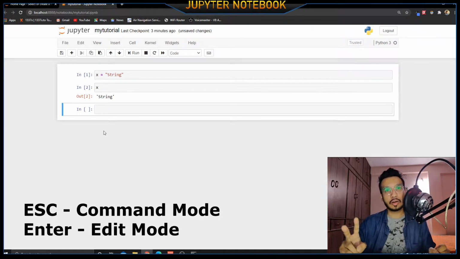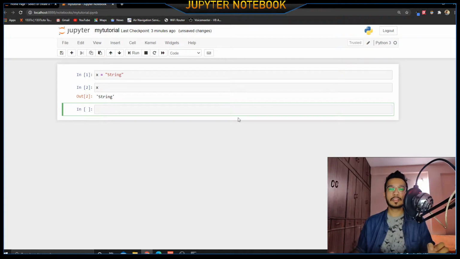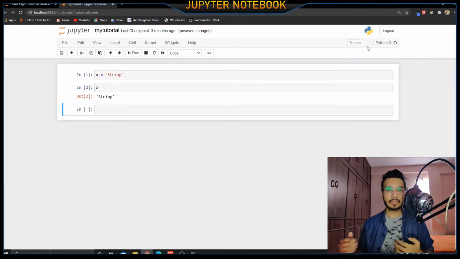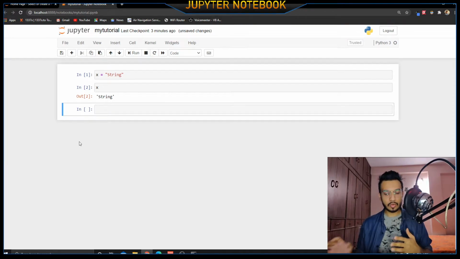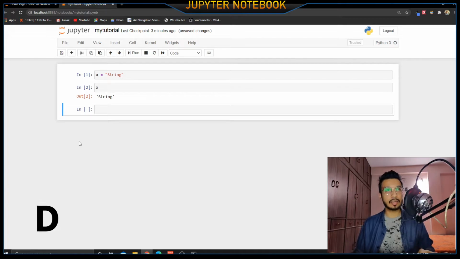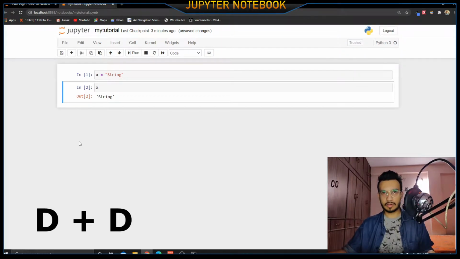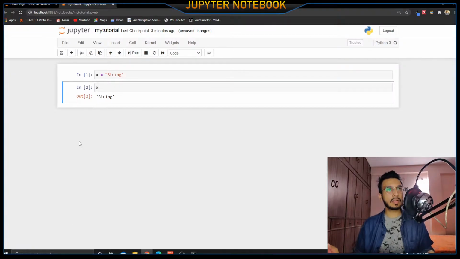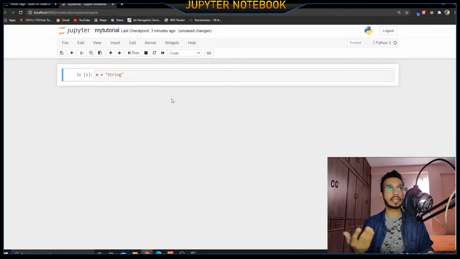So basically there are 2 modes in the Jupyter Notebook. The first one is your edit mode, which is green in color and it has a pencil on the top after trusted. The next one is your command mode. The command mode basically has a blue color and you don't have a pencil up there. So basically in command mode you can use shortcuts. For me to delete the cell, I have to just double tap the key D. So the moment I double tap the key D twice, we delete it. And if you want, we can even delete the previous one, and we can also delete the same.